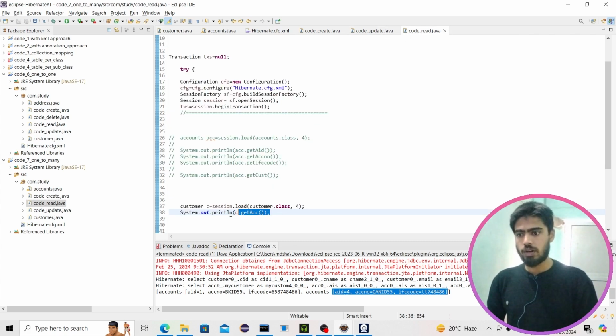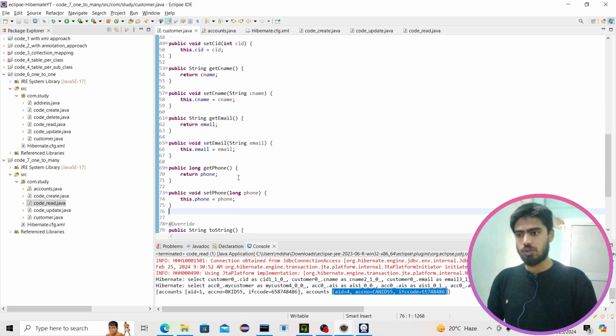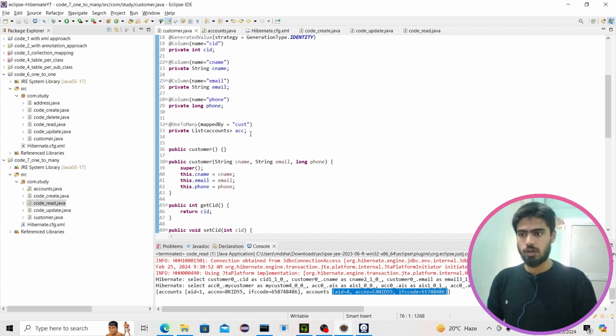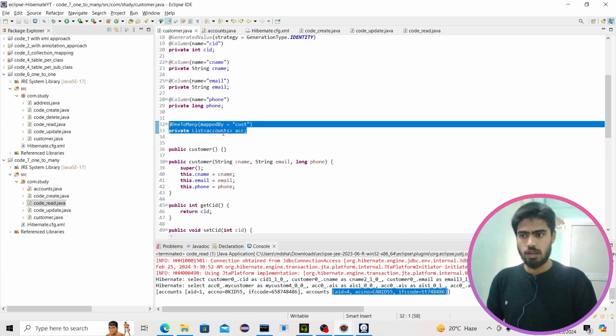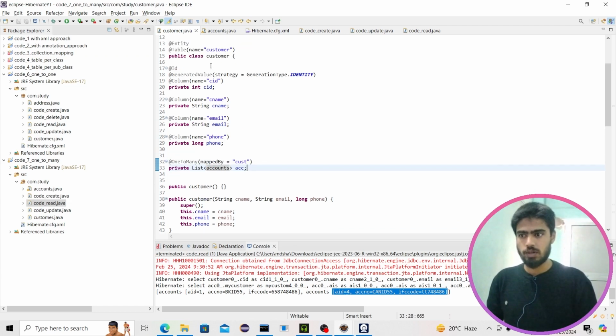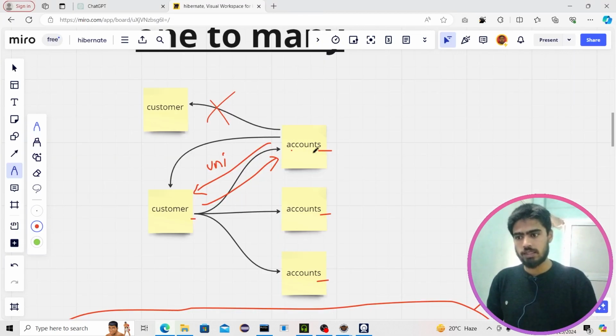It was not showing options because we didn't mention accounts in customer. So at that time it was unidirectional, because only from accounts we were accessing the customer, but we were not able at that time to access the